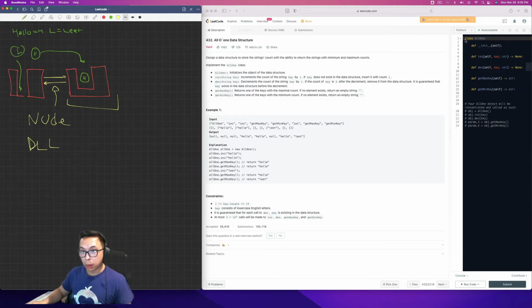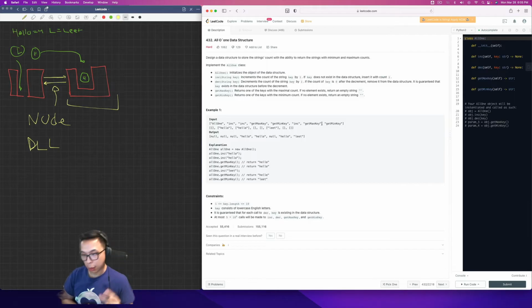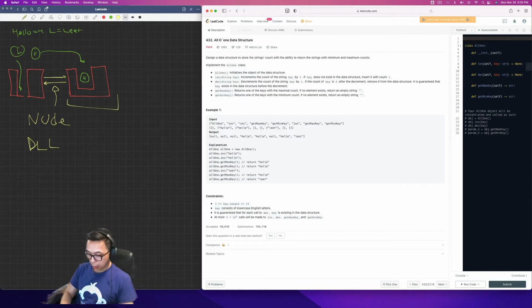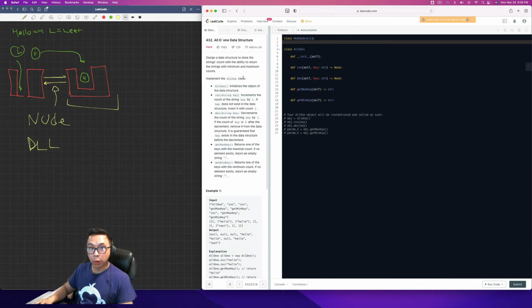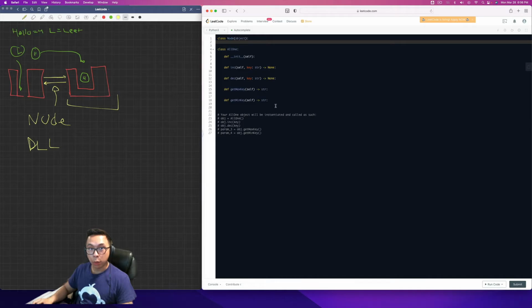So to make our code a little bit cleaner, we're going to create two classes, one for the node and one for the doubly linked list, right? So let's do that. Class Node, object, right? I'm going to expand this a little bit more. We're done with the explanation, so no need to use this anymore. So class Node, def init, self,